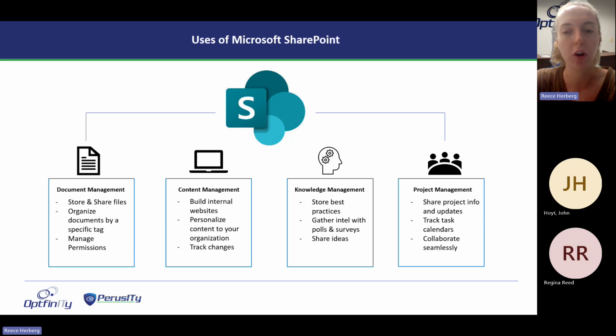So what is SharePoint used for? That's document management, content management, knowledge management, and project management. If you're somebody who is already utilizing SharePoint within your organization, which I'm assuming you are if you registered for this, you most likely have used the bare bones of document library, content management, maybe a little bit,